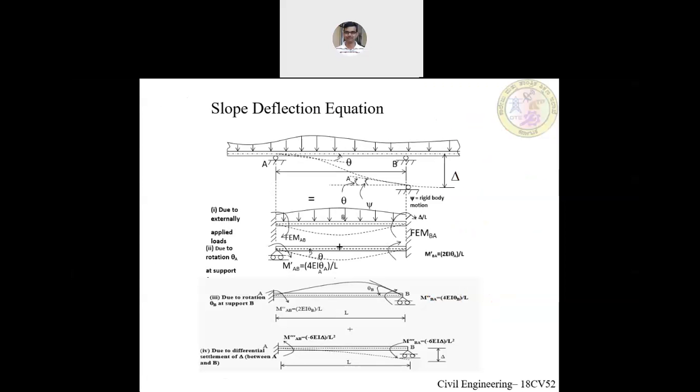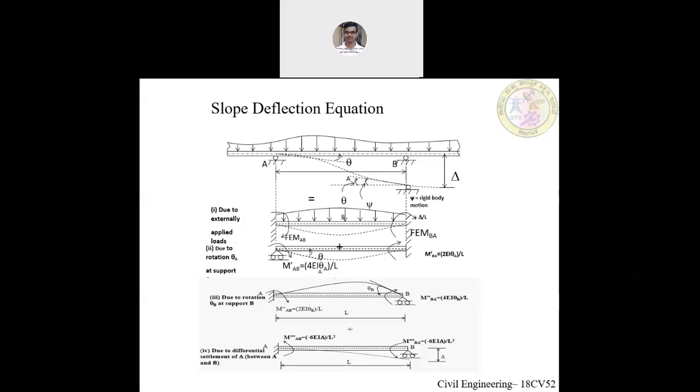Now coming to the slope deflection equation, if you want to derive it, this is a general continuous beam, a portion of which is being considered. We can see that because of the loading there is a deformation happening, and there is a rotation at support A as well as at support B. And support B is sinking by an amount delta as well. Here we will adopt the method of superposition and calculate the moments because of all the deformations,